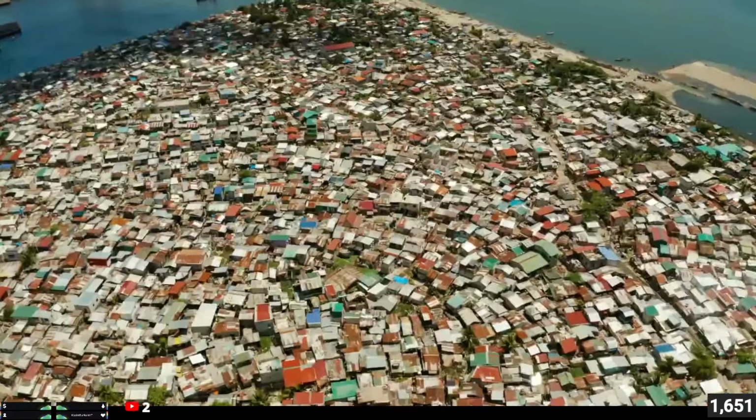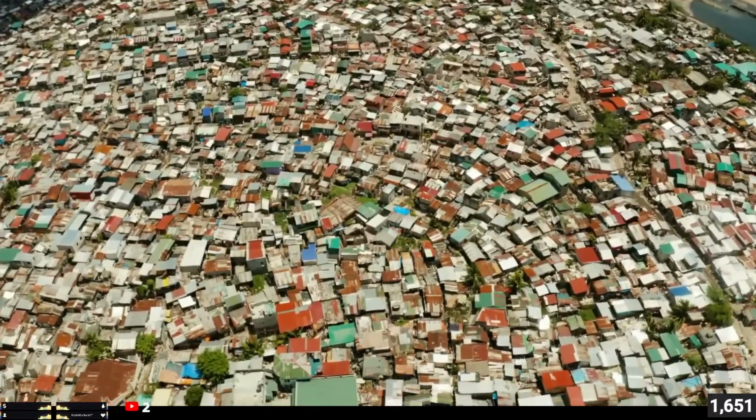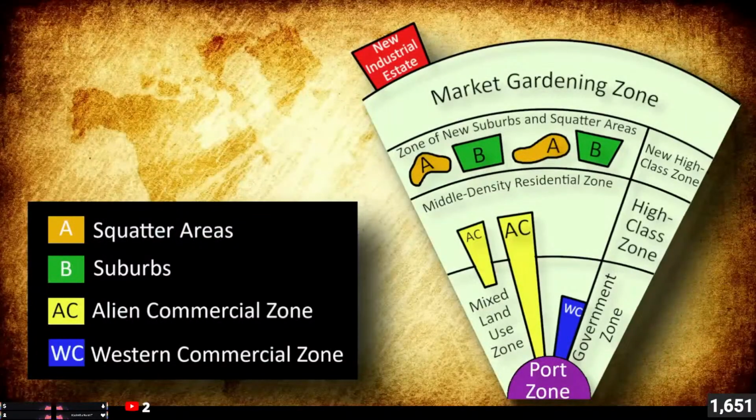Remember, squatter settlements and favelas are low-income neighborhoods that people are living in without a legal claim to the land. Oftentimes, there's higher crime rates here, more of an informal economy, and we also see less infrastructure. Lastly, we can look over at Asia to look at the Southeast Asian city model. Here we can see the model is based around a port with a government zone that overlooks the day-to-day trade.